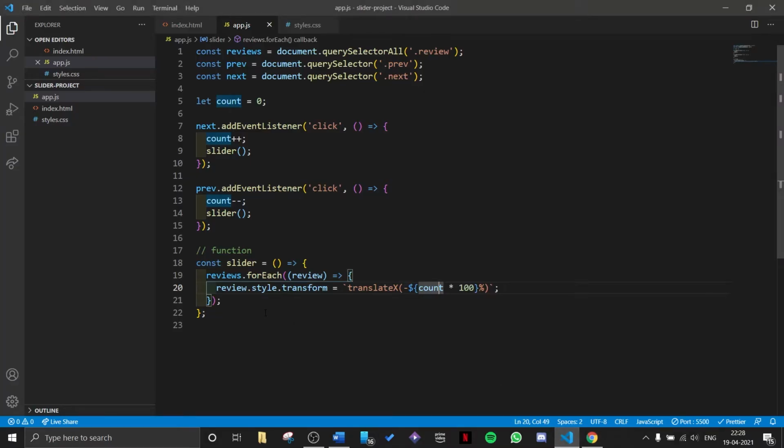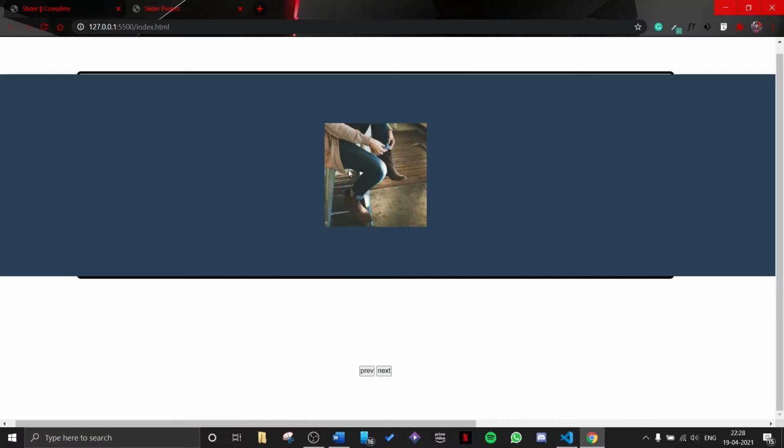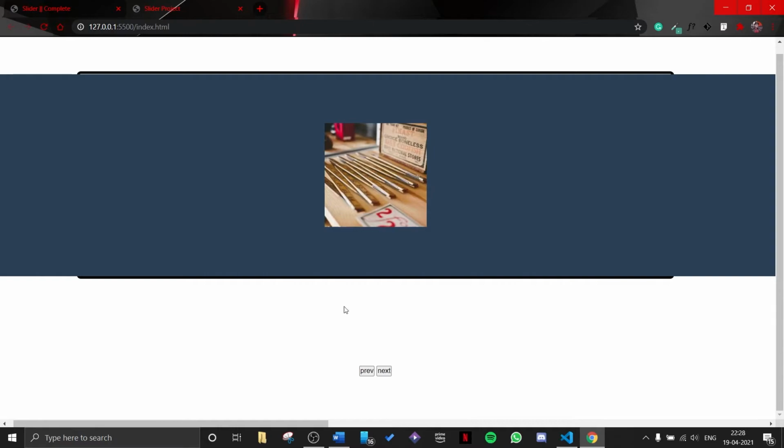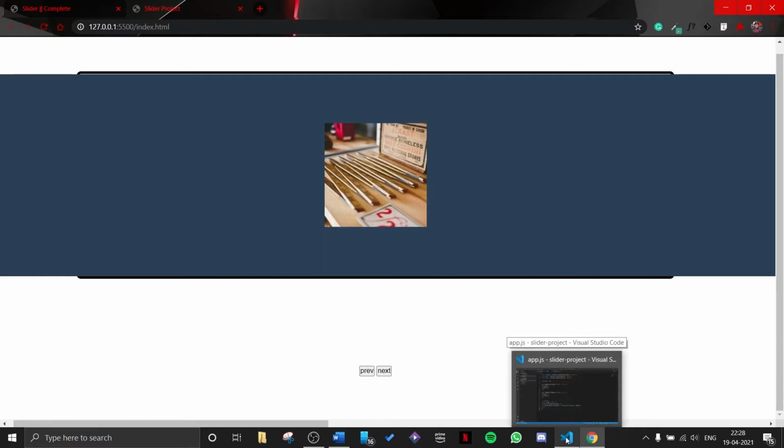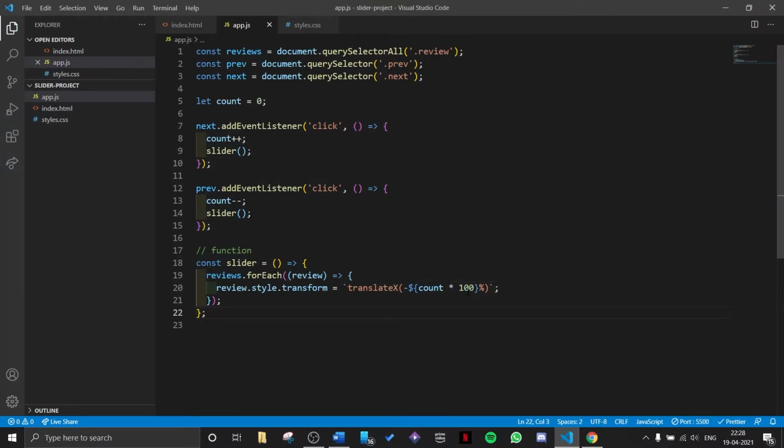Hope it made sense. And similarly for the previous button, right now our count is 2. If I click previous, our count becomes 1, and all the slides move by 100% only, because 1 times 100.